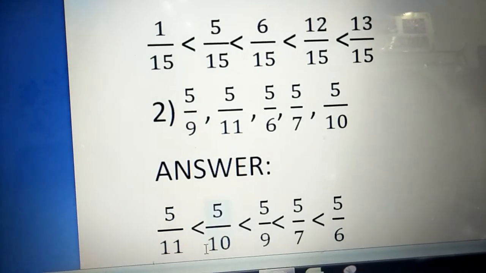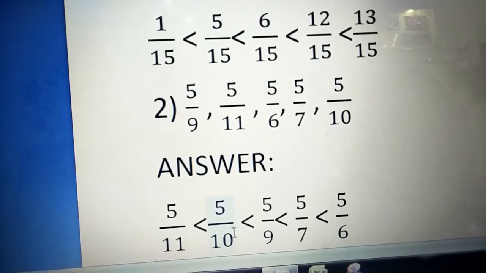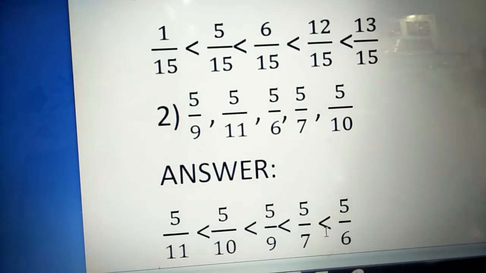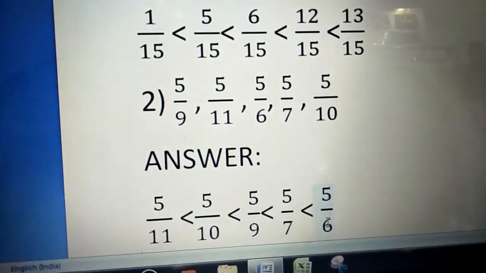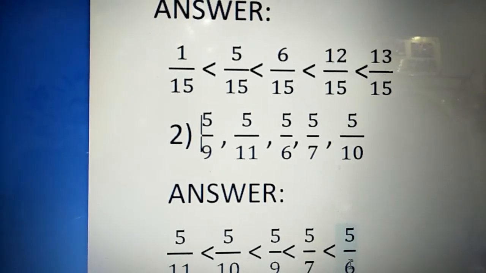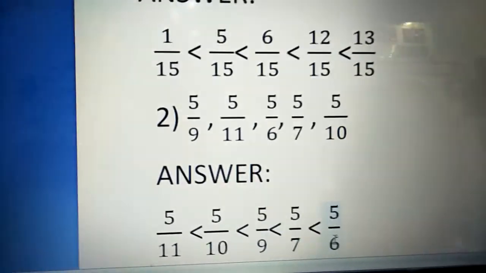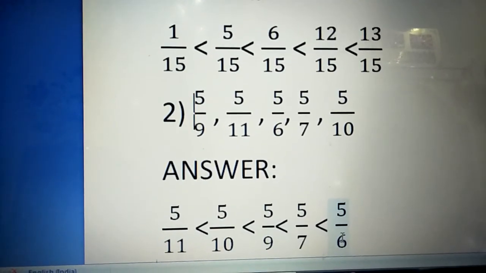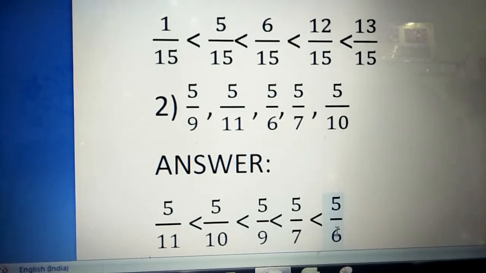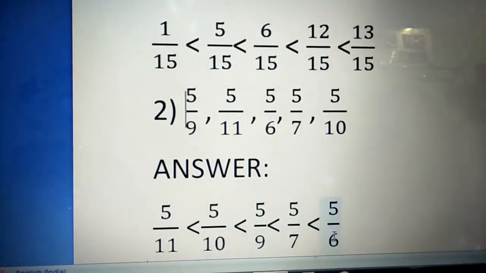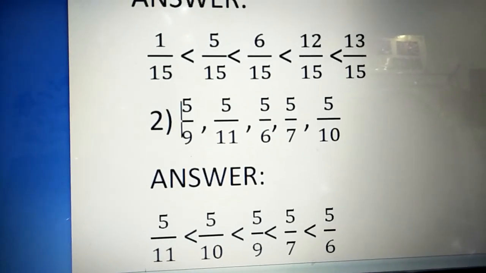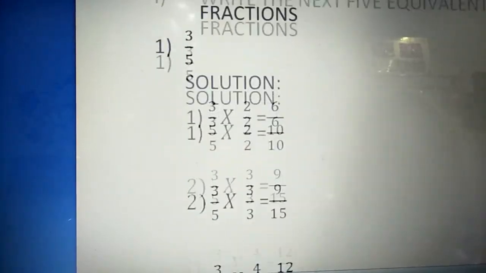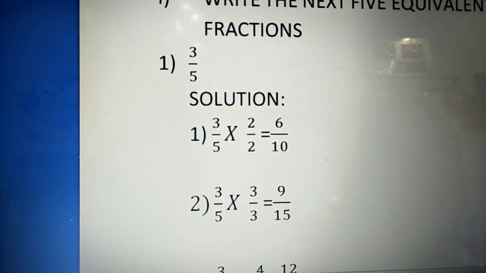5 divided by 11, strictly less than 5 divided by 10, strictly less than 5 divided by 9, and strictly less than 5 divided by 7, and strictly less than 5 divided by 6 is our ascending order for the given problem. So children, in this session, we all learn about how to compare the fraction and how to write the ascending order in fraction. Then one more, what you have to study, equivalent fraction. Not only 5, suppose they are asked 3 or